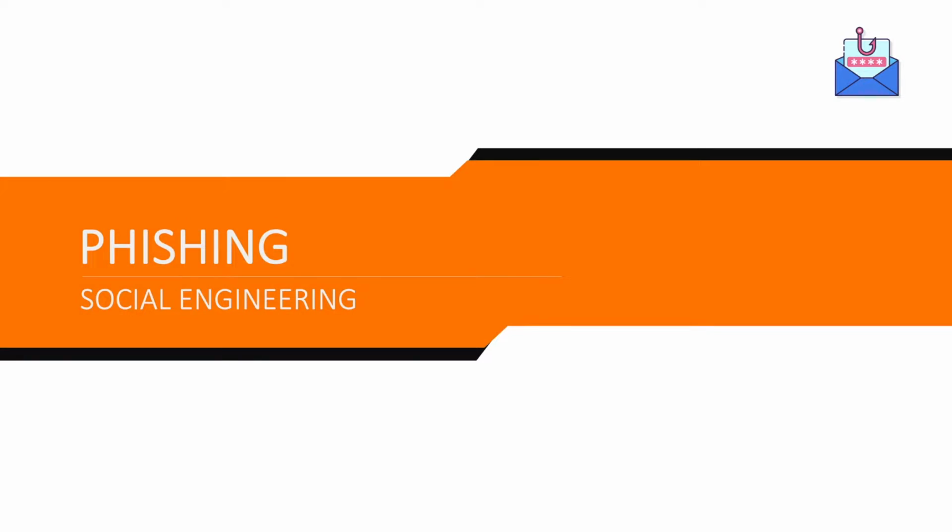So phishing is one of the most widely used social engineering attacks around the world, and it's widely used by hackers to infiltrate organizations and in order to trick people into divulging their confidential or sensitive information. So let's see how phishing actually works and what are some of the precautions or safety tips that you can